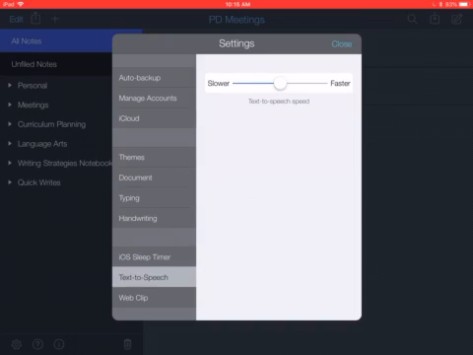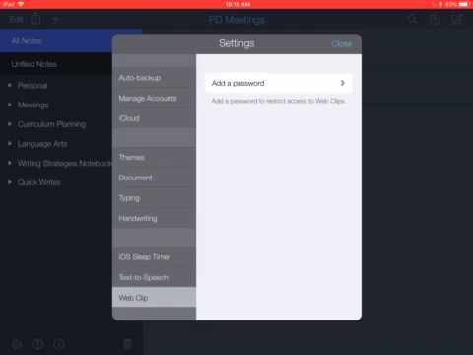You do have the ability for text to speech, and you can have that go faster or slower. And we have the ability to capture images, but they're of websites, so you could find a website that maybe you want your students to go to, but you want to give them a picture of what it looks like so that you know they're going to the right place. And we'll talk more about web clips later, but you could have it so that the only way that they can